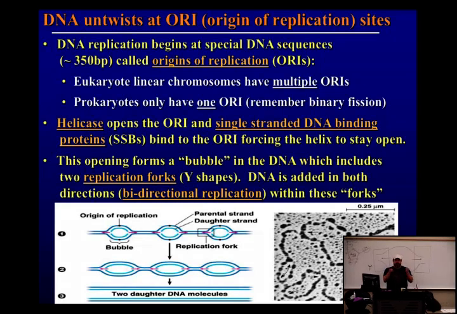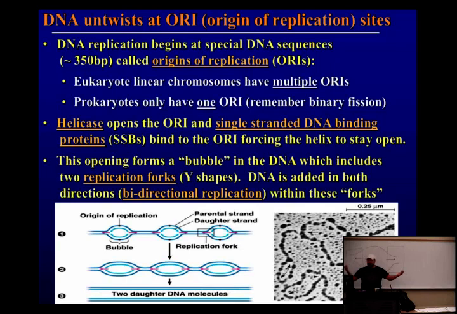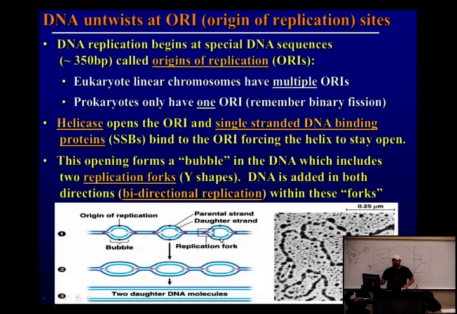In eukaryotes, there's multiple origins of replication because we have 1,000 times more DNA than bacteria. So think about it this way. You guys had 9 months to get from a single cell, a fertilized egg, to being born. If it took 1,000 times longer because you only had one origin of replication per chromosome, how much longer would you have to stay in your mother's womb? Forever. Would you be happy about that? No, you probably wouldn't be born. So that's not possible because we have such massive amounts of DNA. So we have to have multiple origins of replication in order to be able to copy our DNA in a reasonable amount of time. So that's why it's showing you the multiple origins of replication.